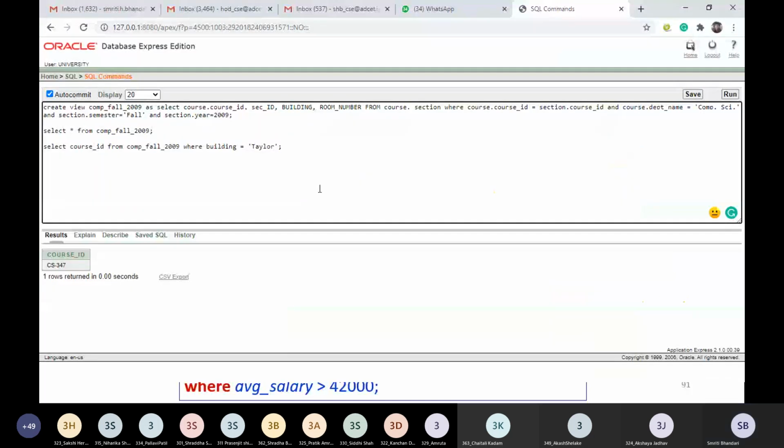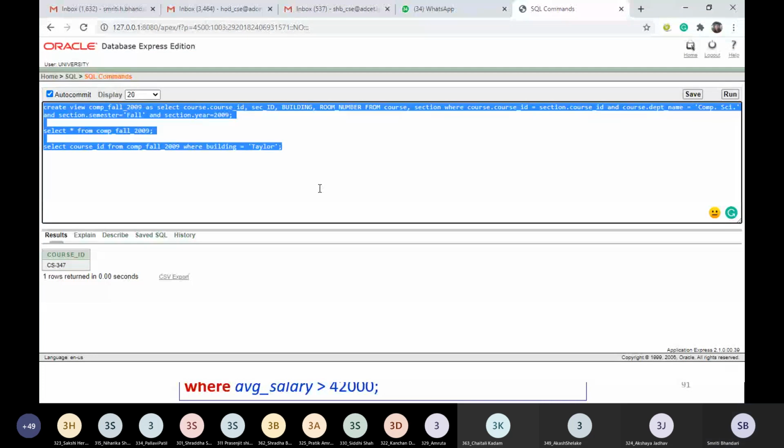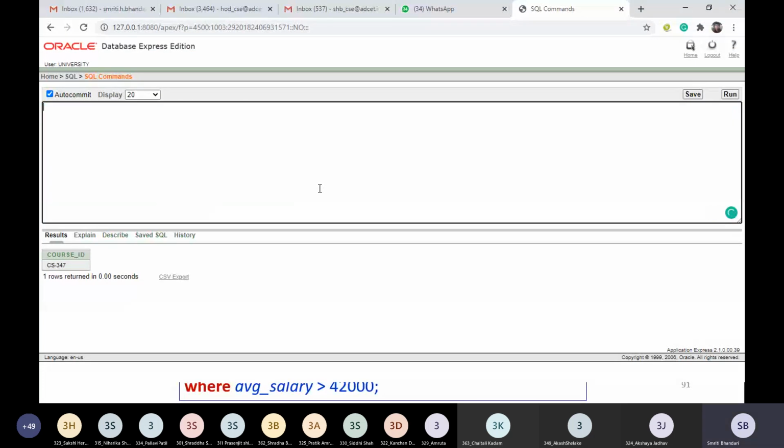So let me demonstrate now practically. I'm going to show you the outputs of both the statements, with the having clause and without the having clause using a derived relation. Earlier we have written this statement: select department name, comma, average salary.